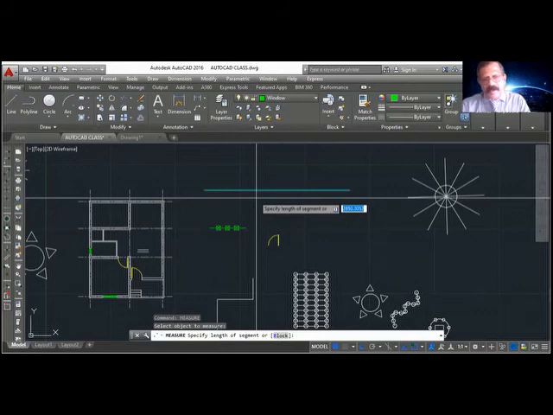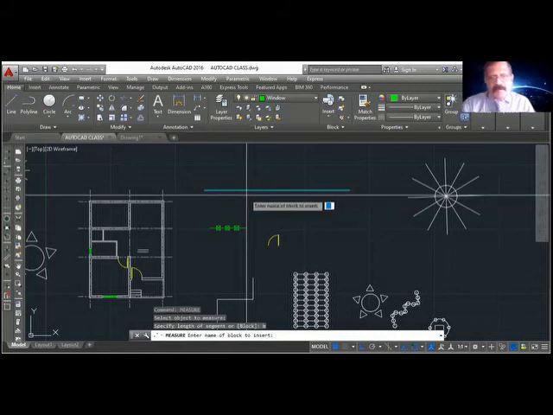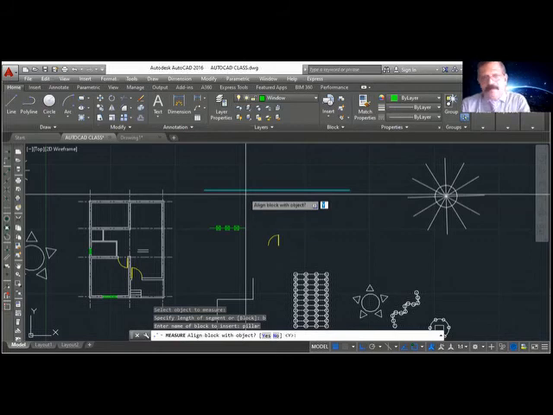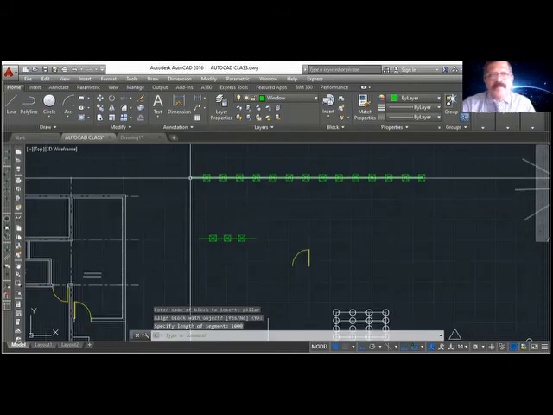Then I will say B for block, and enter the block name, pillar. Align the block, yes. Enter. Length of the segment, what is the length you want? Every 1 meter, so 1000. Enter. You can see from here, he started measuring 1 meter, 1 meter, 1 meter.